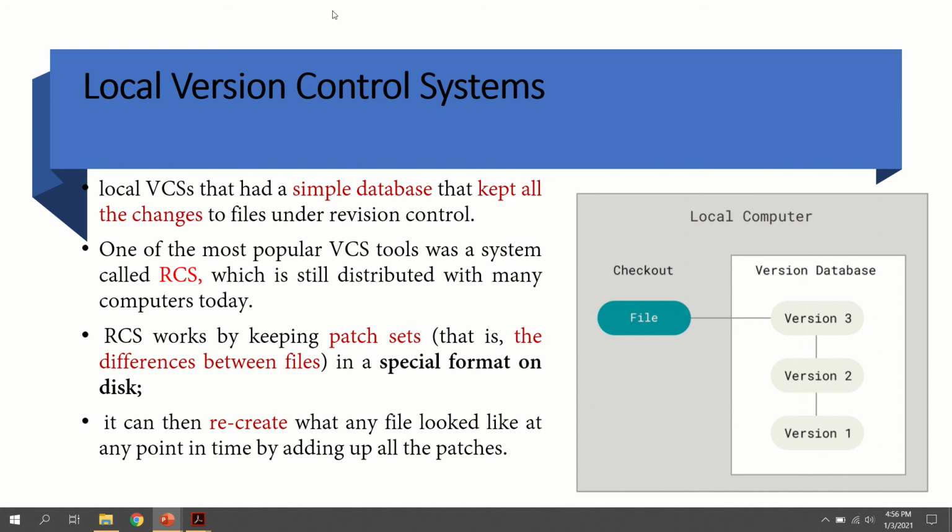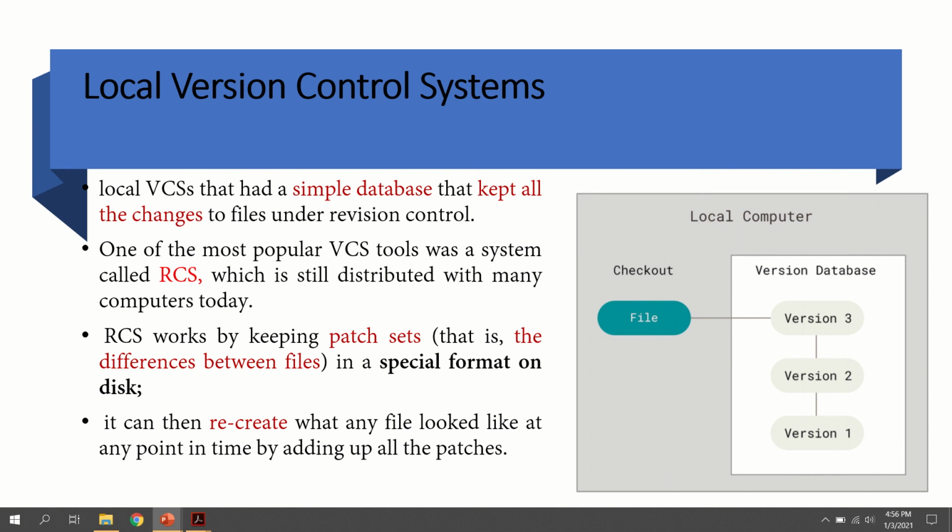This local version control system works in such a method that whenever we make each and every version, each and every modification of a project or of a file, the changes are only stored inside this database. One example of this local version control system is RCS, which is also used nowadays.